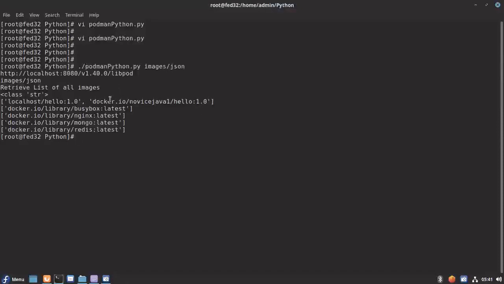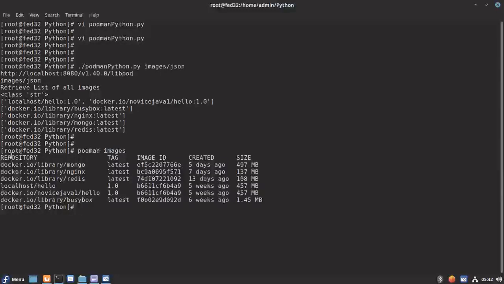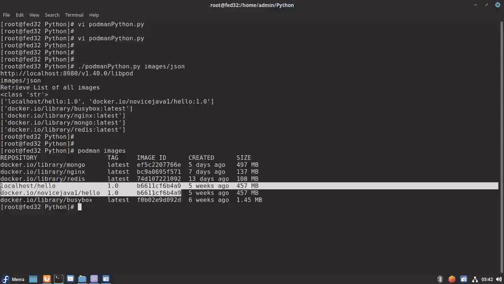Okay, so you can see I have 3, 4, 5. Okay, 5 images I have downloaded right now. So I can list them for you. Okay, so 3, 4, 5. Okay. So this one actually, we have one image only, but I have created 2 different repos, basically images out of that image.